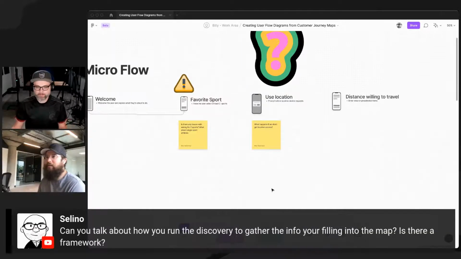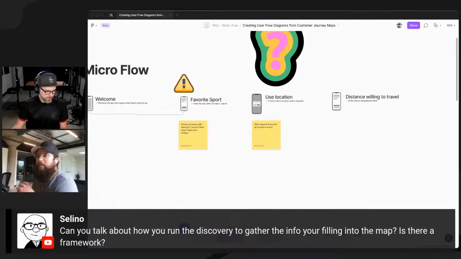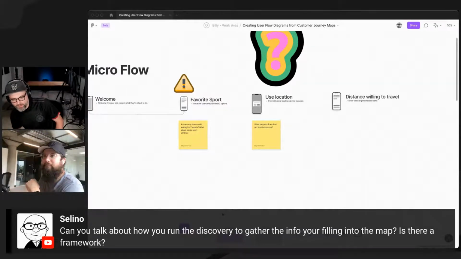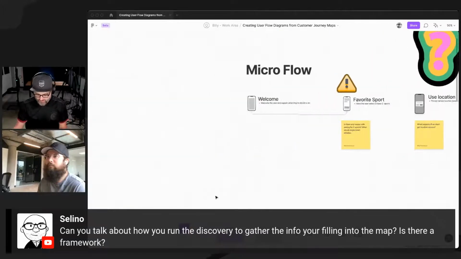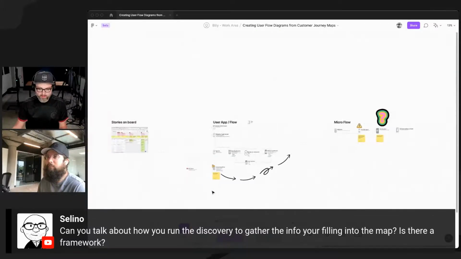Cool. We got another question here from Celino. Can you talk about how you run the discovery to gather the info you are filling into the map? Is there a framework that you use? Yeah, so our product team leads a lot of these discovery discussions, and design is kind of with the product team. And so they've got a framework and a process that they go to for capturing all these different notes. And a lot of it is very similar to